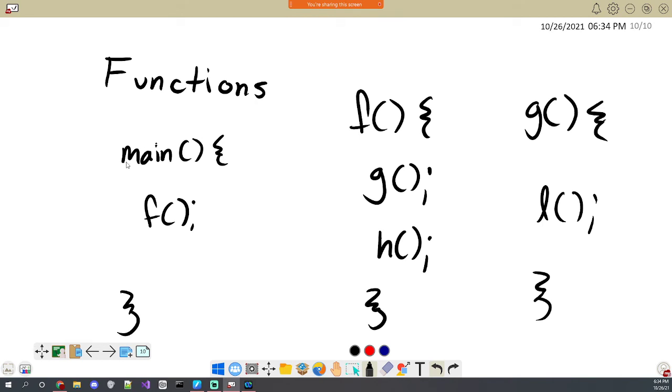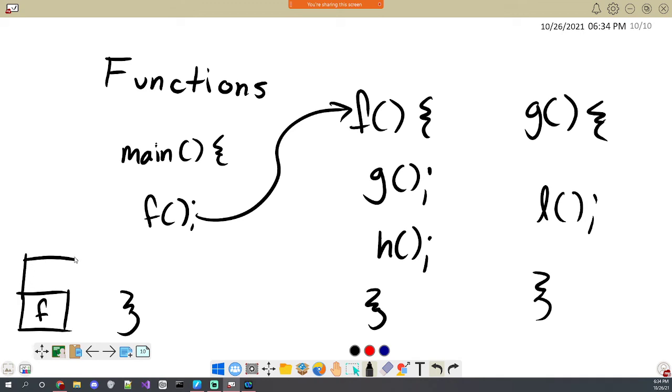Then what happens is main is the starting point. It's like the empty stack, or it's going to have a stack that contains only main. What's going to happen to the stack, called the call stack, which keeps track of your functions, is it puts f. It says, okay, I'm going to go execute f. So it jumps here, executes the f code. It says, okay, I'm going to go execute g. Jumps over to g. G goes and executes L. We can say L does its stuff, it finishes, it returns.